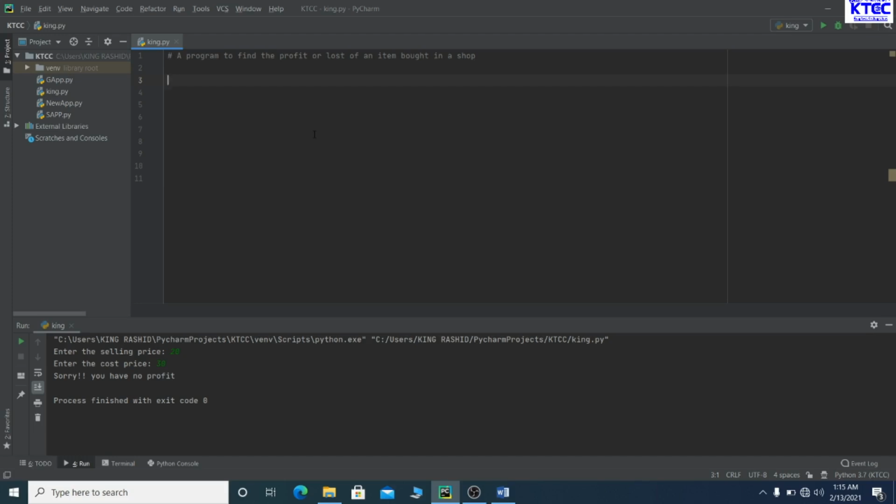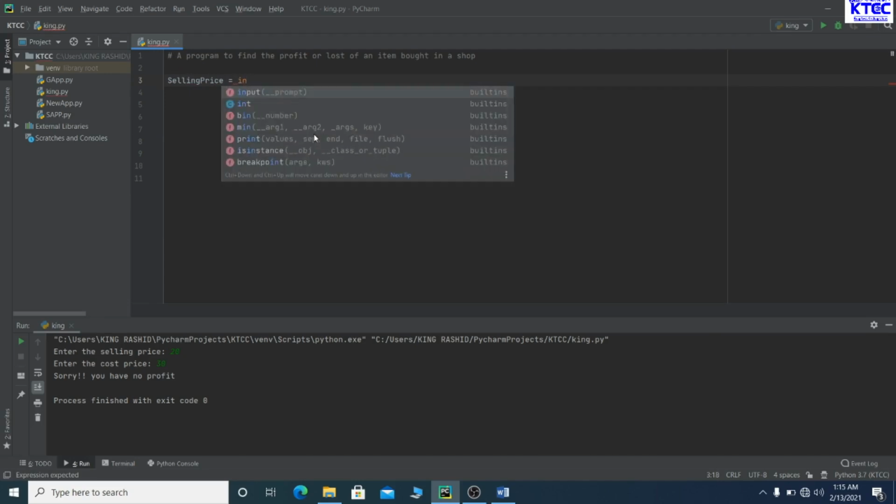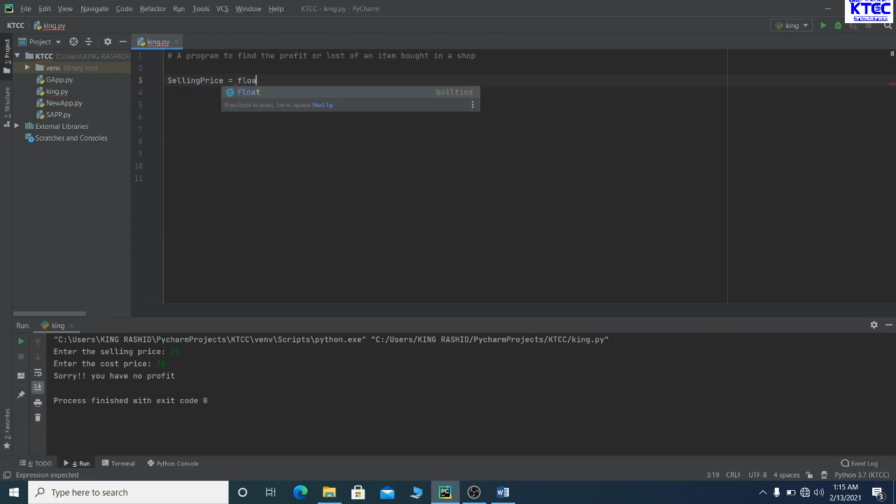So we take two inputs, first one the selling price, second one the cost price. So basically let's go ahead and execute that. So we say selling price, so we assign it to, so it's going to be a float, right? Float. So into brackets, so we say input,